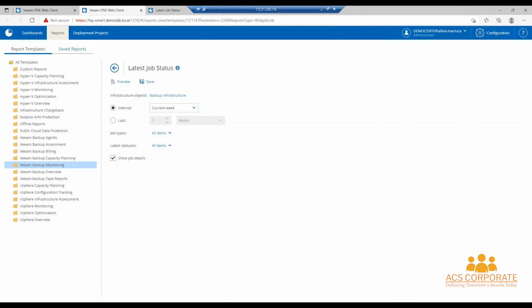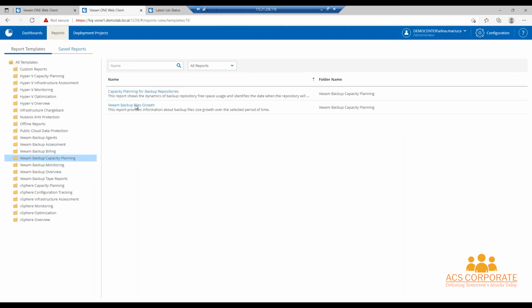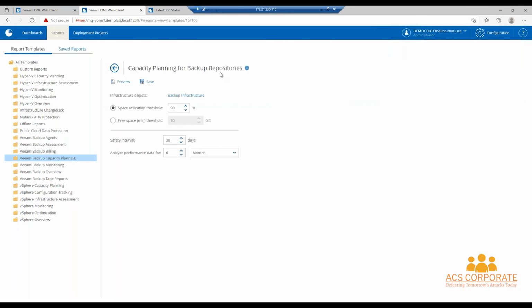And if you don't find the report you need on the dashboard among your widgets, you can find all the predefined reports here, grouped in folders on subjects. So for example, let's see, we can run a Veeam Backup capacity planning report for our repositories,